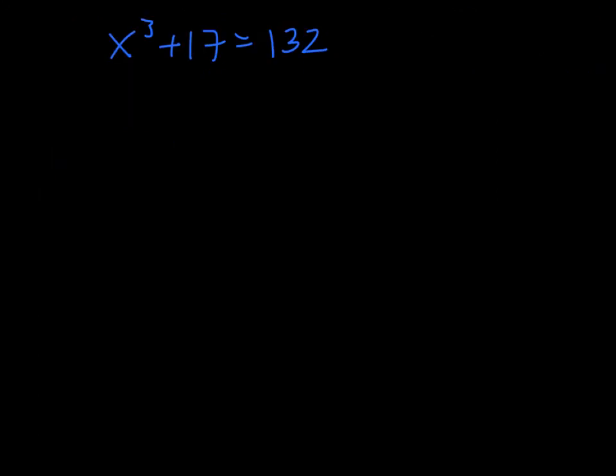Okay, so if I had to solve the equation x cubed plus 17 equals 132, I need to solve for x first by getting it alone. So I'm going to go ahead and subtract 17 from both sides of the equation. This gives me x cubed equals